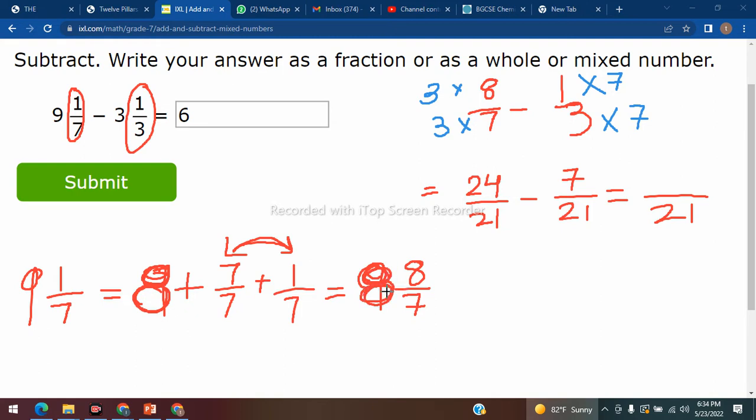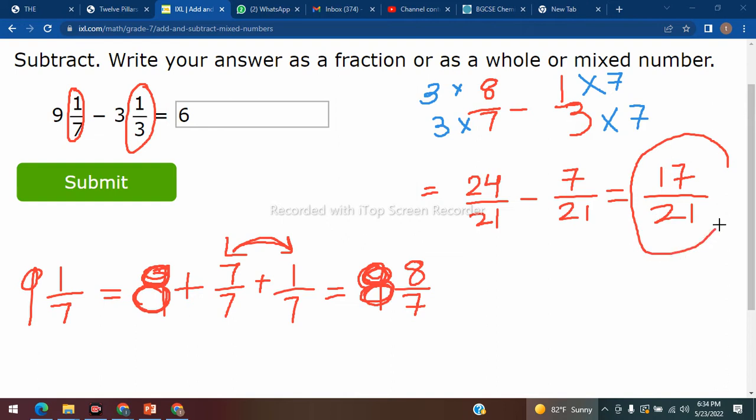Alright, so 8. Good. So 24 minus 7. What is that? 24 minus 7 is 17. So we have 17 over 21. Good. So now the answer is going to be